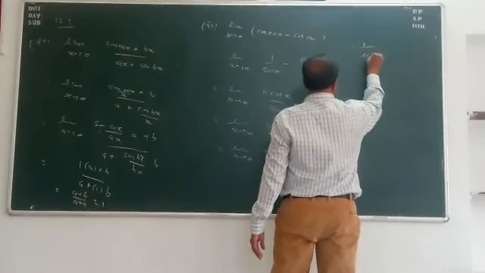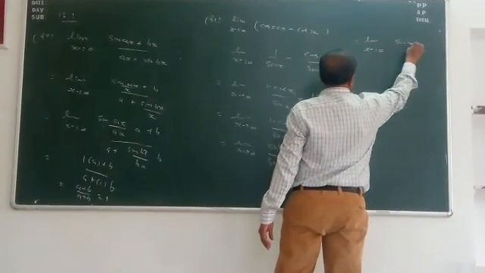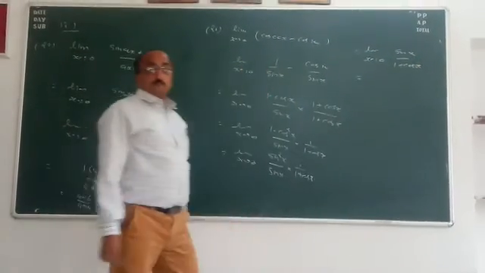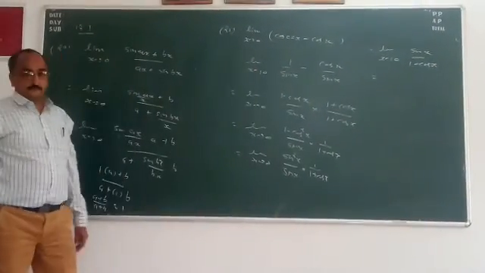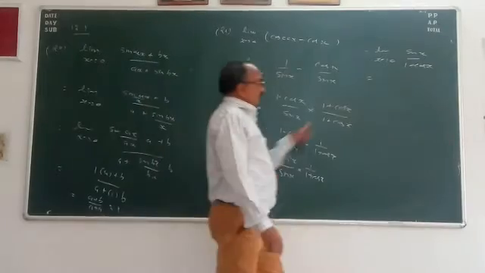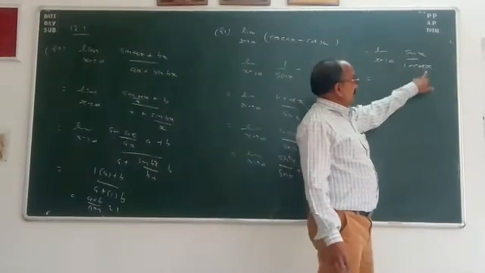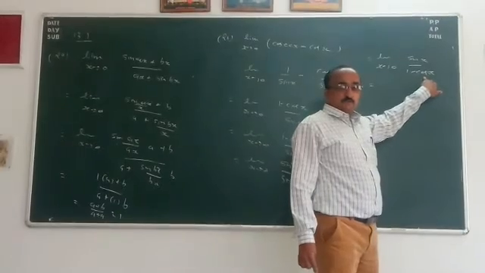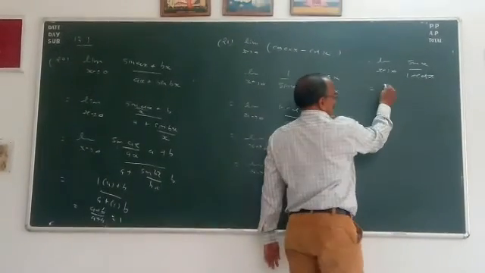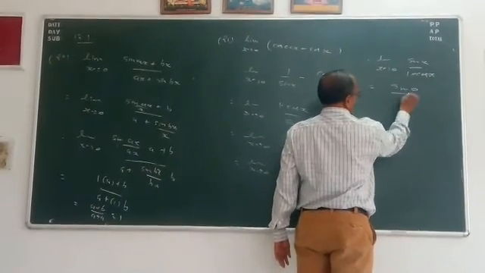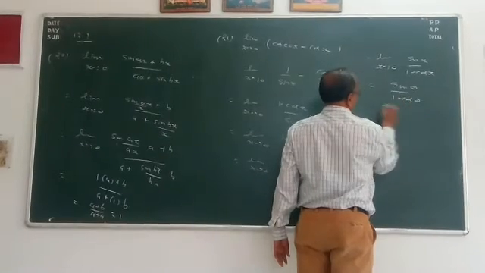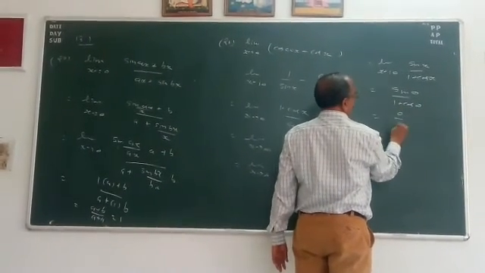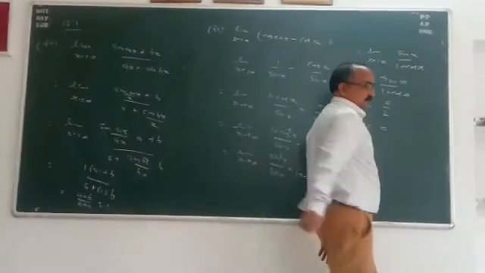Here we get limit x tends to 0 sin x upon 1 plus cos x. Here 1 plus cos x is given in the denominator. Applying limit x tends to 0 in this term in the denominator, here we get 1 plus cos 0 and cos 0 is equal to 1. So it never becomes 0. So here we get sin 0 upon 1 plus cos 0. So it is equal to sin 0, which is 0, upon 1 plus 1, that is 2. So the answer is 0. Yes, 0.